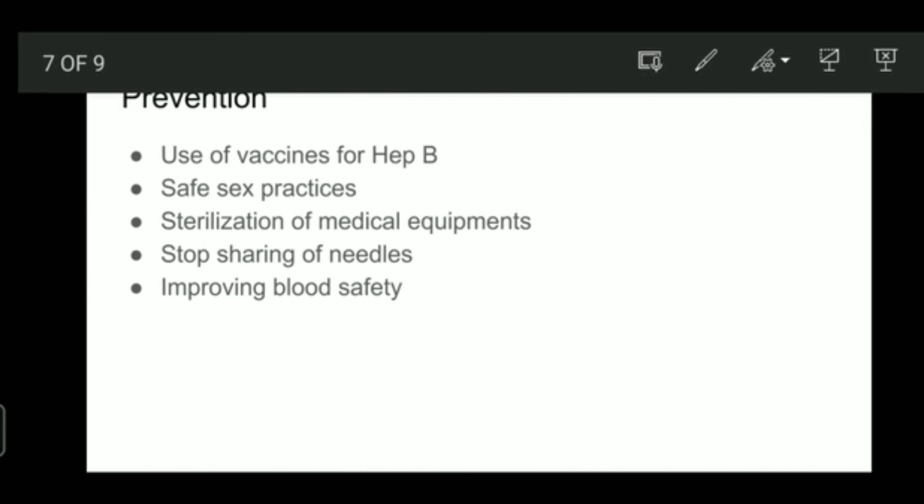Another way to prevent the disease is by sterilizing medical equipment. Hepatitis B has been seen to be largely common among medical personnel. The reason is not far-fetched. People that work in the hospital, most times they have contact with blood and blood products. And then, as